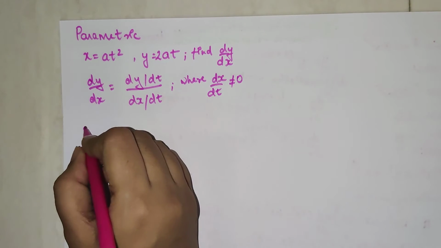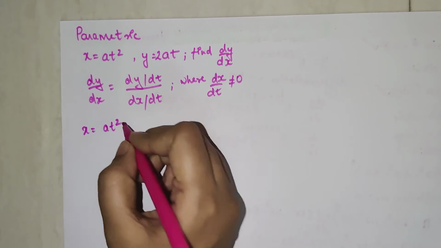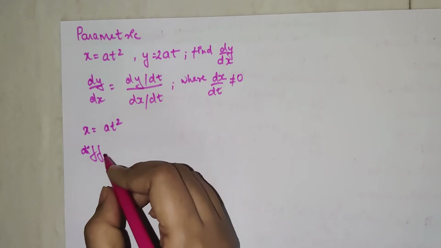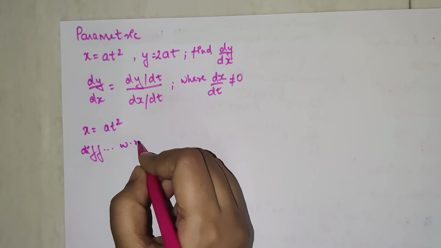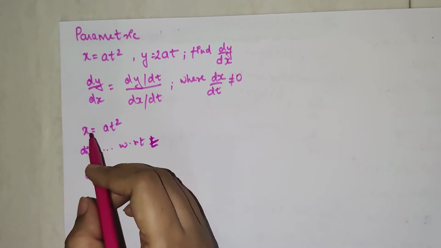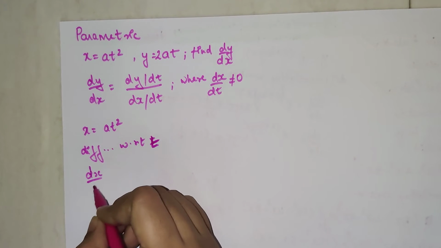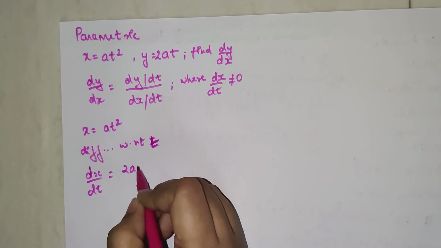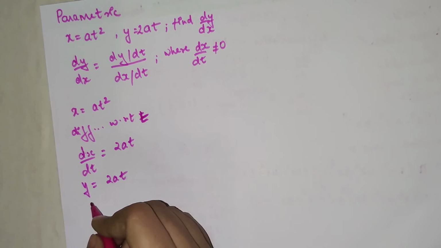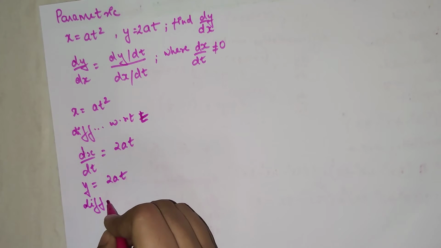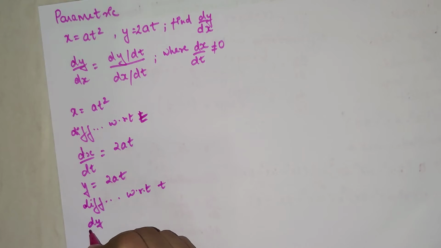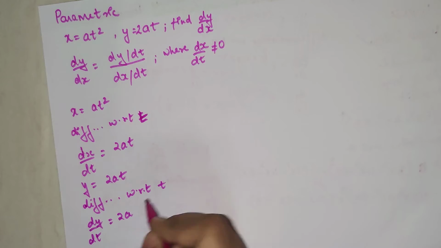Okay, so now let's write x is equal to at square. Now students, I'm not going to write the whole word, but when you're doing it in your exam, you have to write differentiating with respect to x. So you get with respect to t, since x is a function of t, so you get dx by dt as nothing but 2at. Okay, and for y we get 2at. So differentiating, again we'll write the whole sentence, with respect to t. Okay, so dy by dt is equal to 2a.